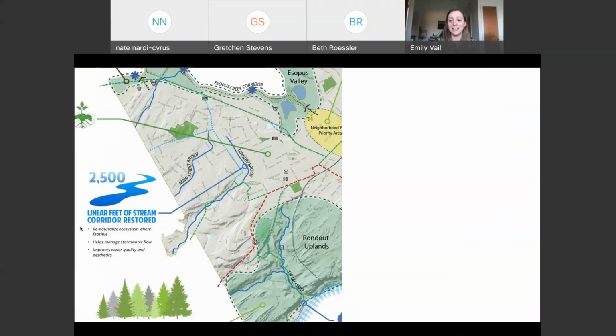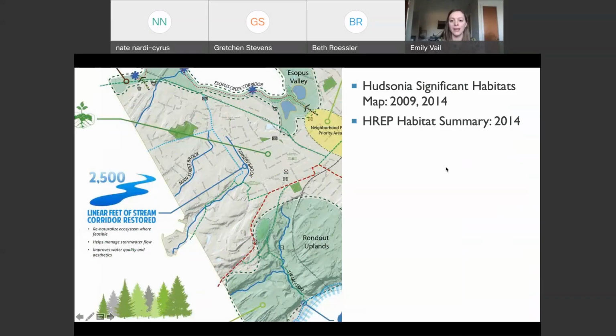So how did this happen? This was a long time coming. In 2009 and 2014, City of Kingston worked with Hudsonia to document significant habitats within the city boundaries. And this was really the first time in the more modern era that we saw really great maps of the Tannery Brook and the Main Street Brook that were clearly documented by people who had walked the streams and really understood where they were. These maps were brought into the Hudson River Estuary Program's Habitat Summary in 2014 for the